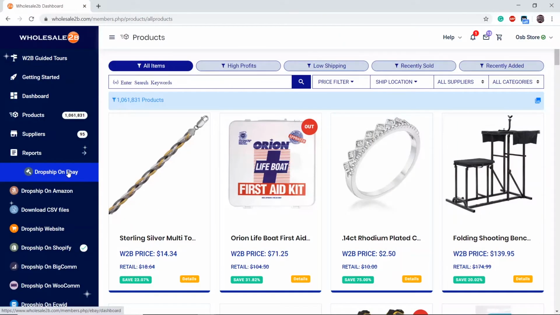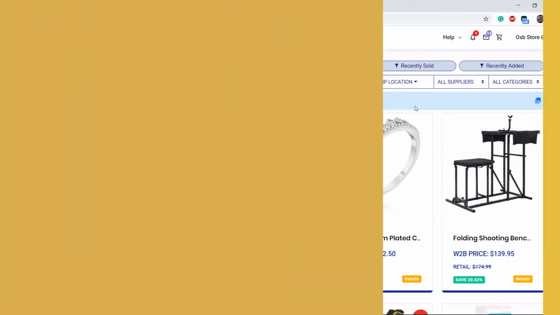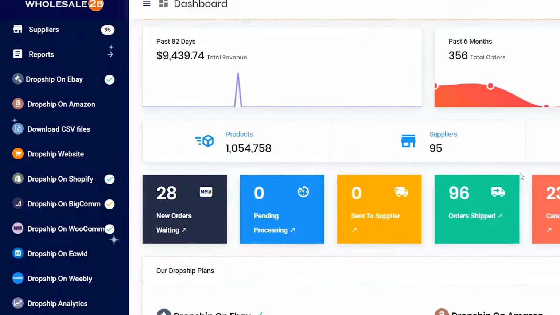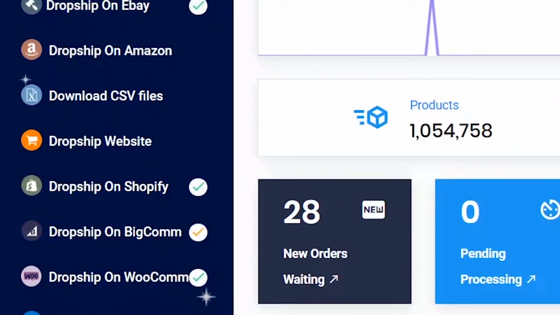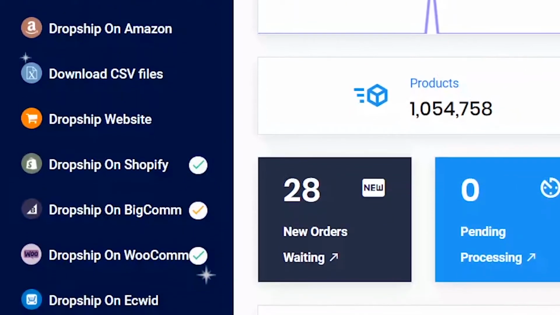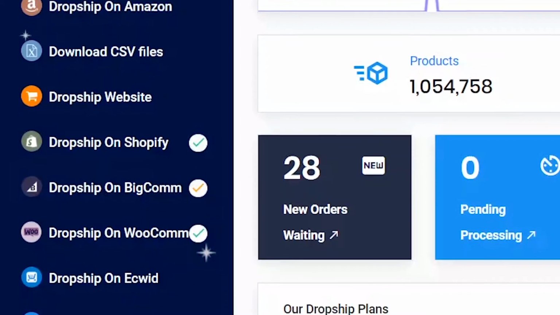Once you're happy with what you see, click on a plan. For example, dropship on eBay. Over here are the different plans you can get. You can dropship on eBay, dropship on Amazon, download CSV files, dropship website plan, which means the company will create